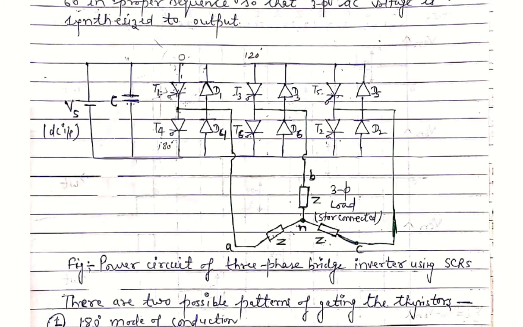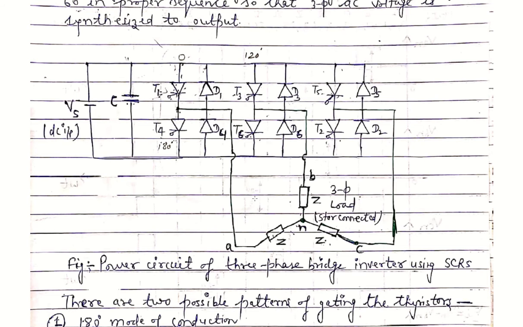In the three-phase VSI, six thyristors are there, and at the same time six diodes are there. On the input side, this is VS, or we can say VDC, the DC input voltage. This capacitor is connected to keep this DC voltage constant, and this is the three-phase load, a star-connected balanced one, and each phase has an impedance of Z. It is connected at point A through arm 1, phase B is connected to the midpoint of the second arm, and phase C is connected to the midpoint of the third arm. So six thyristors are there and six diodes are there.